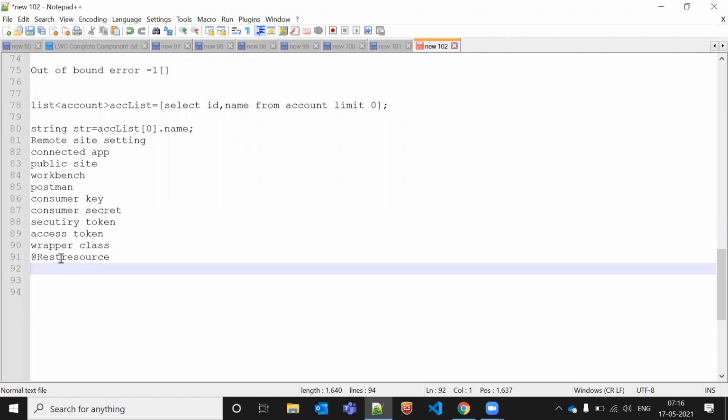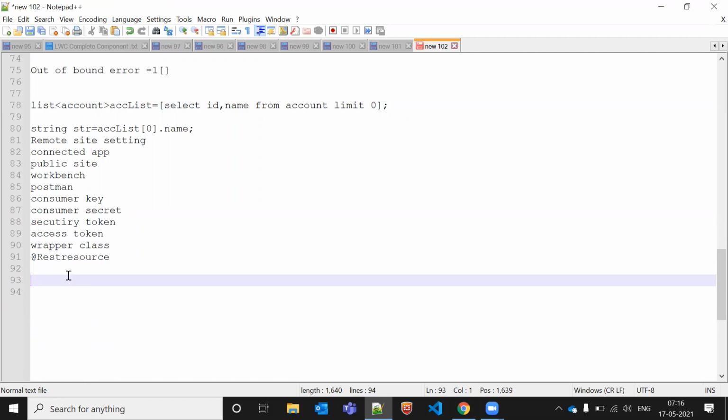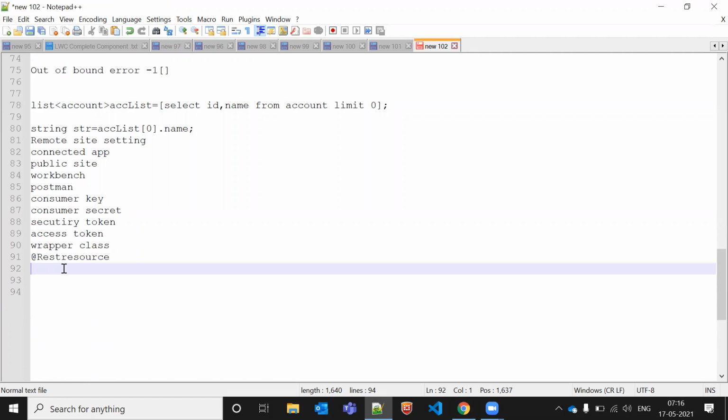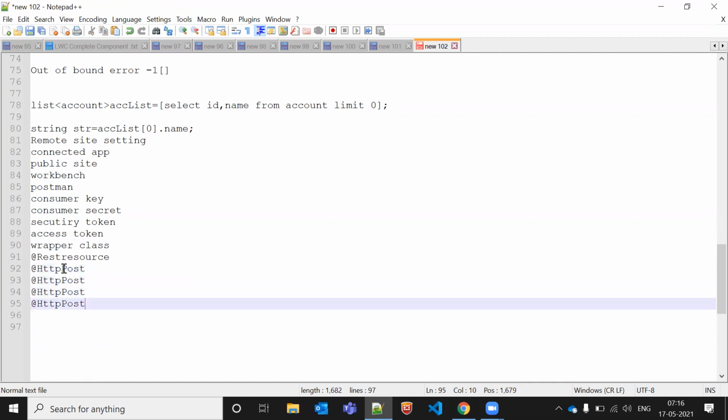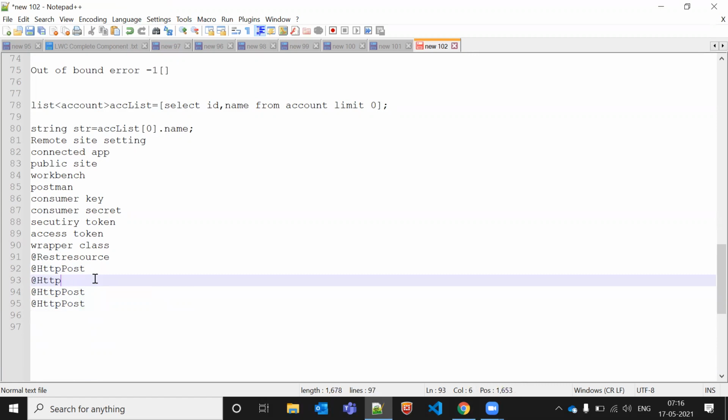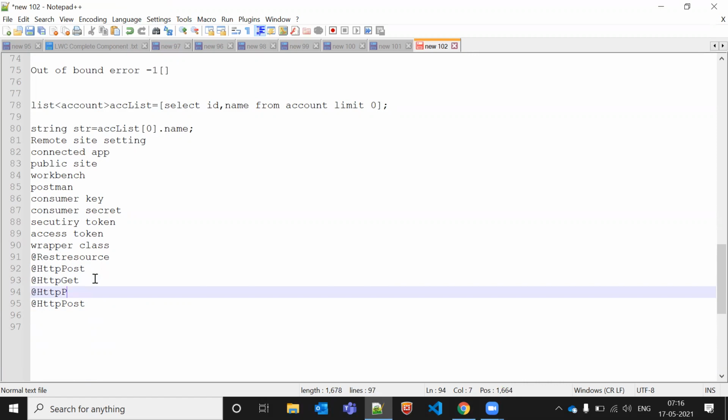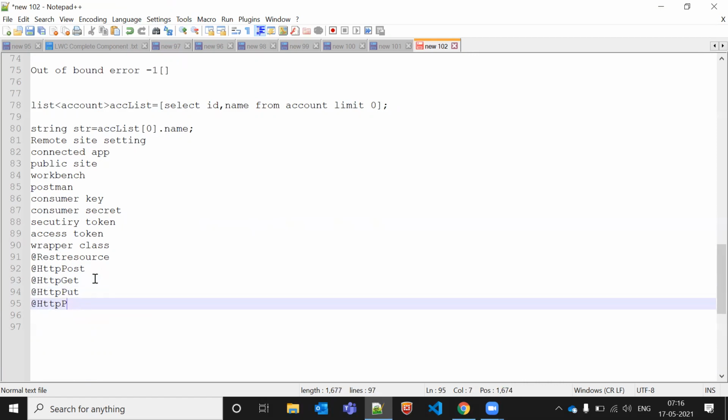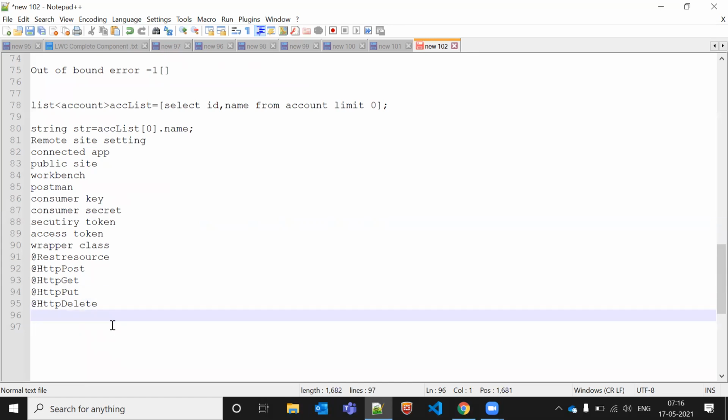Apart from this there are some methods we can create: HTTP post, HTTP get, put, delete. There are lots of other methods as well. Total 5 we have? No, they are not even 5, there are lots of them.